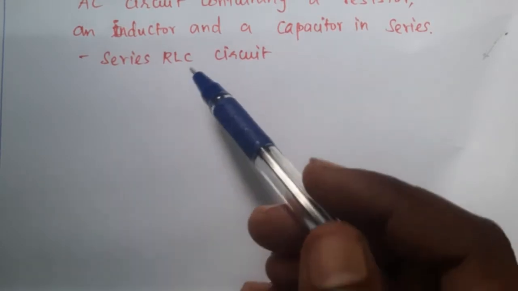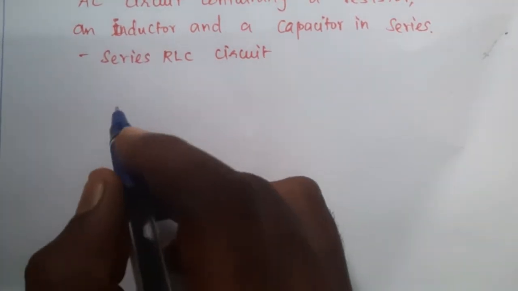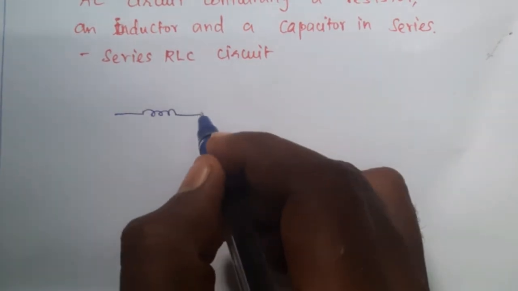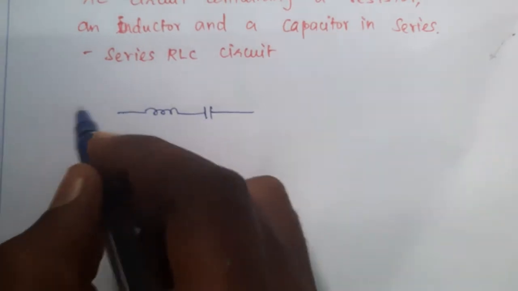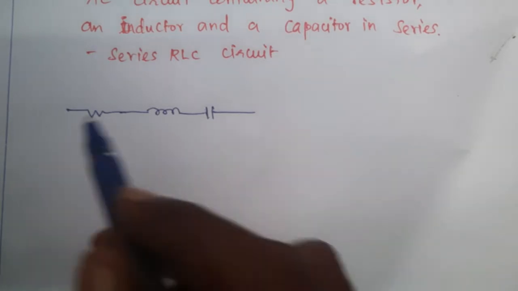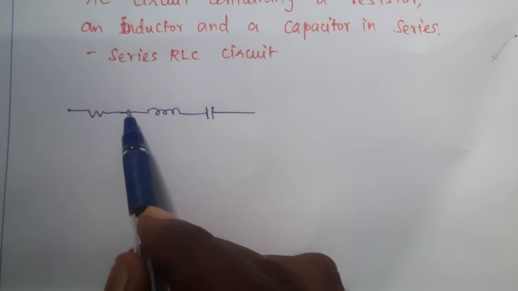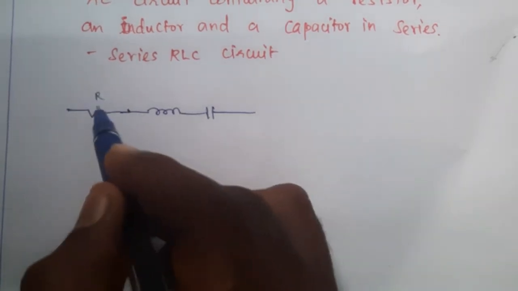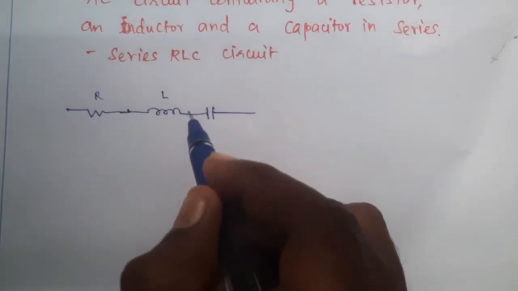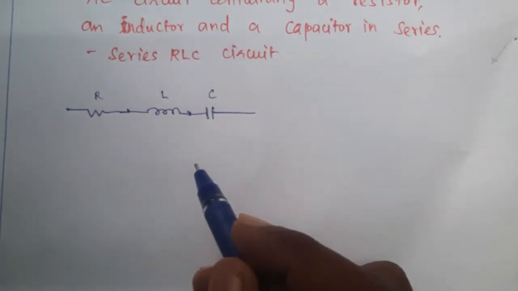So now we'll draw the series circuit consisting of a resistor, inductor, and capacitor. This is the inductor, this is the capacitor, this is the resistor, and all are connected in series, nothing but an end to end connection, where one end of a component is connected to the other end of the next component. Here, for example, the end of the resistor is connected to an end of the inductor, then the end of the inductor is connected to the end of the capacitor. So the end to end connection is nothing but a series connection.